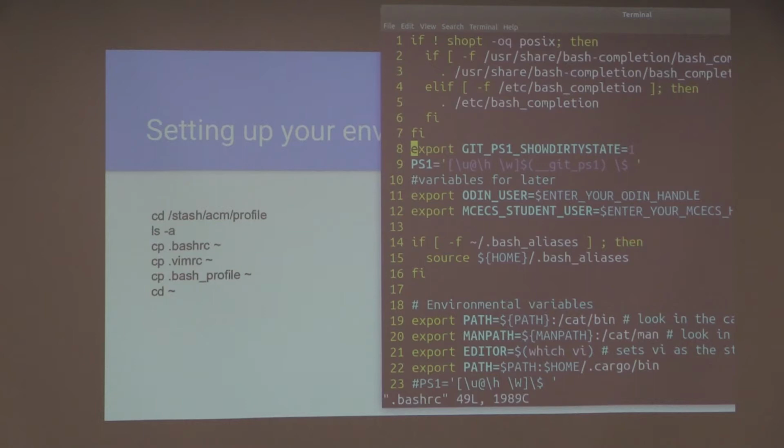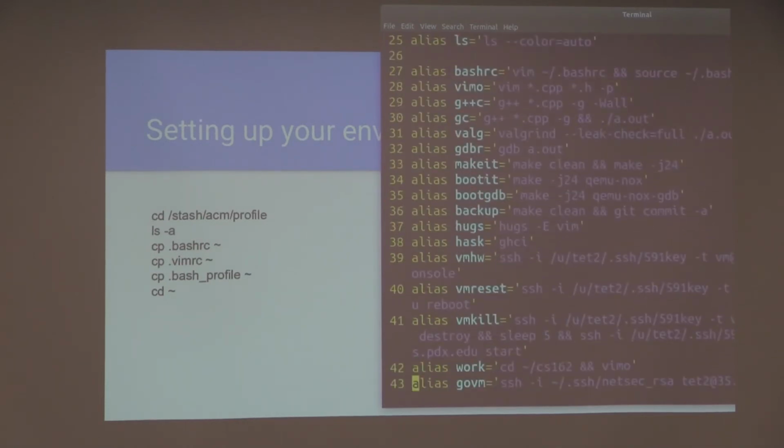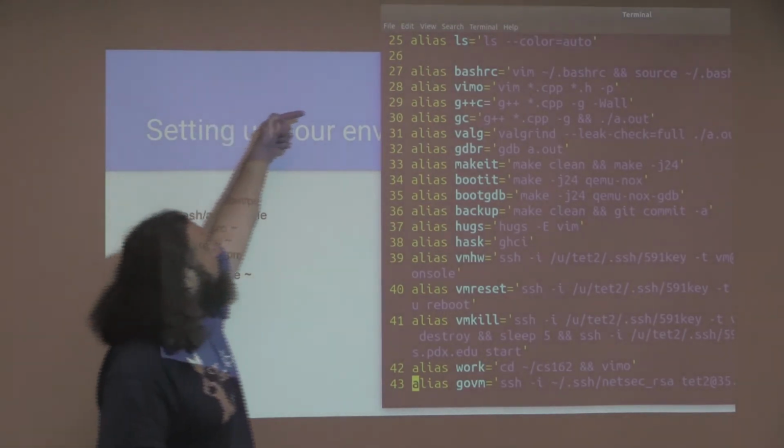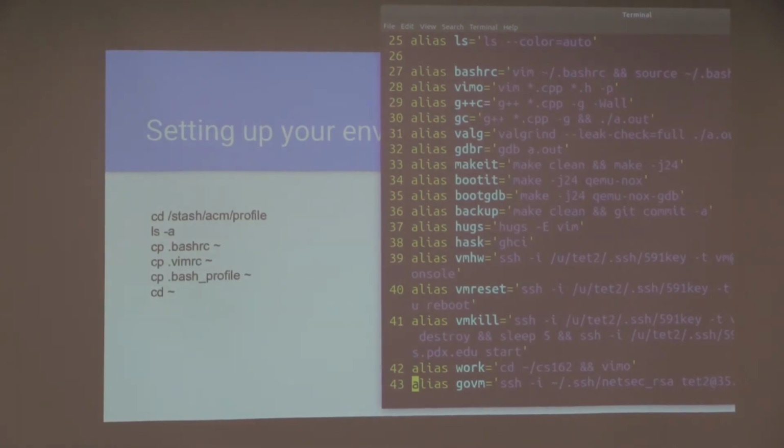The next set, I don't think you guys use it anymore. Okay, so anyway, here's the crux of the class right here. These are the aliases that you'll do. Notice when I did an ls, it did different colors. Whereas all of your command prompts are in black and white. This first line, on my line 25, alias ls equals ls --color=auto.